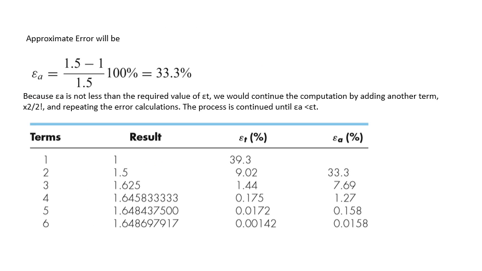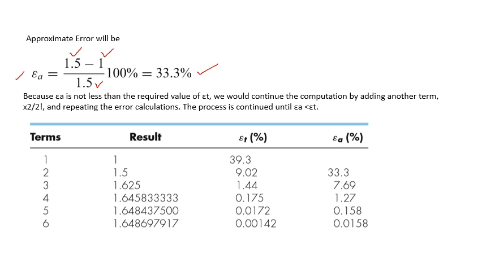From here we can say that approximate error will be given by current approximation, that is 1.5, minus previous approximation, that is 1, upon current approximation, that is 1.5, multiplied by 100,